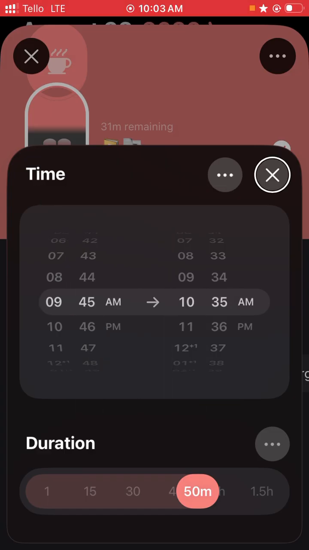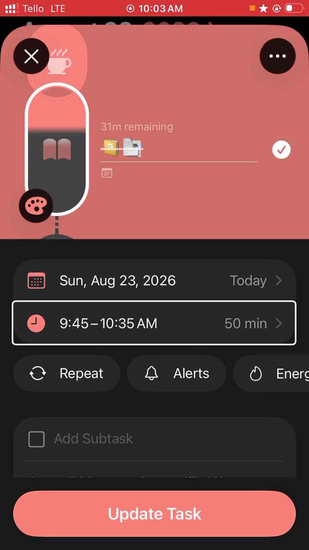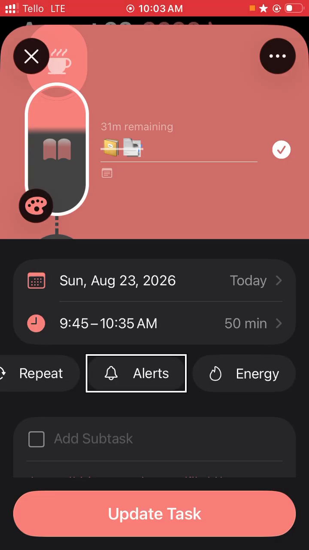Right now, screen recording in progress. Date Sunday, time 9:45 to 10. Now I've removed the alert, but what's cool is you can have an alert